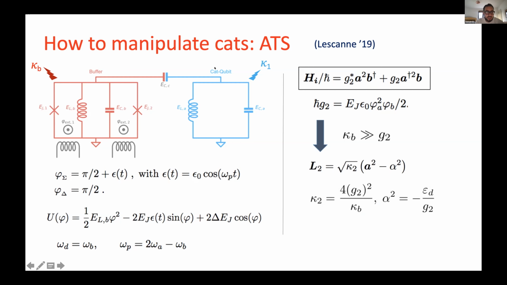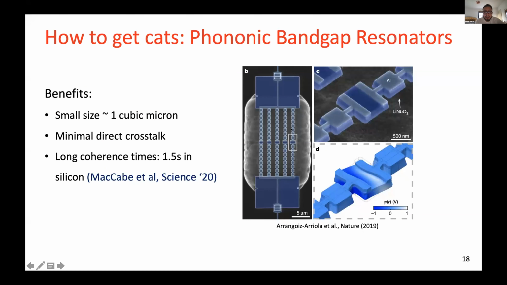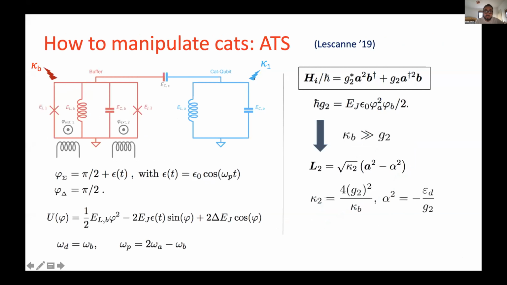Just to give you the flavor of how we want to manipulate these cats: if I go back here, this is a harmonic oscillator, so there is no way to manipulate this to create a cat. We need a nonlinear element to manipulate the cat, for example to do the two-photon dissipation. So what we do is engineer a Hamiltonian between A, the annihilation operator of the phononics, and B dagger, the creation operator of some what we call dump modes. And then we do some kind of nonlinear optics between them by using a nonlinear element, which is a